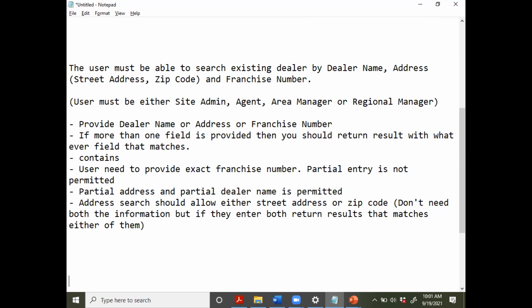So I have a question. When a business analyst says that we need the exact franchise number, can we suggest to them that if we do a partial franchise number and just say OH, like Ohio, then that will give more options of dealers than providing the exact franchise number? Can we suggest that, or is it